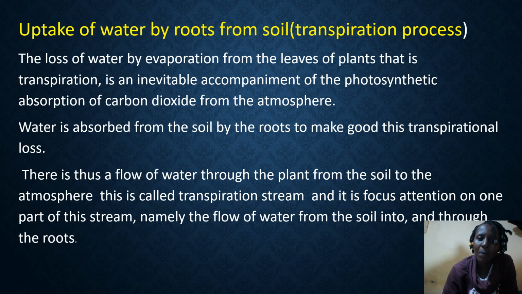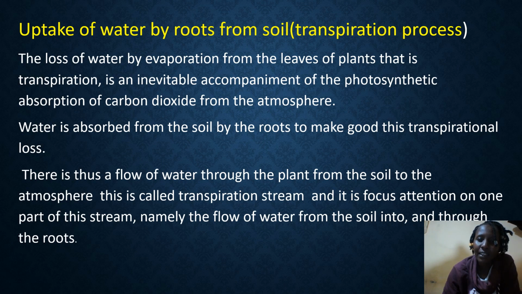Uptake of water by roots from soil and the transpiration process. The loss of water by evaporation from the leaves of plants, that is transpiration, is an inevitable accompaniment of photosynthetic absorption of carbon dioxide from the atmosphere. Water is absorbed from the soil by the roots to make good its transpirational loss. There is thus a flow of water through the plant from the soil to the atmosphere. This is called the transpiration stream,